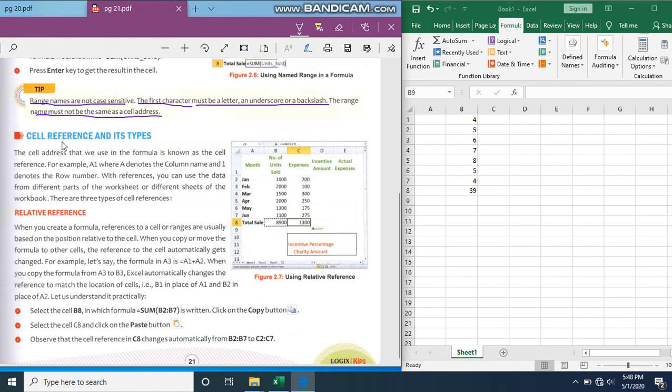Now the next part is cell reference. Cell reference means, underline, the cell address that we use in the formula is known as the cell reference. For example, A1. Now what is A? A tells you the column name. Now these are columns. Okay. So on top you can see A, B, C. These are the names given to different columns. So if I click here, let's say I click here, which cell is selected? A1, right? So this is A and the 1 denotes